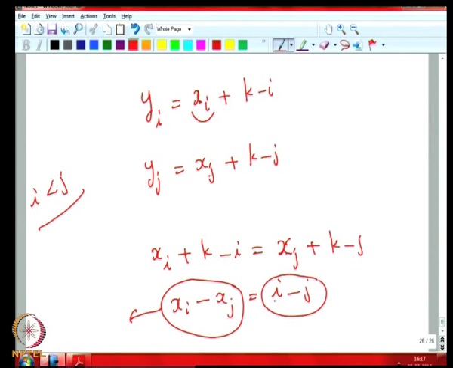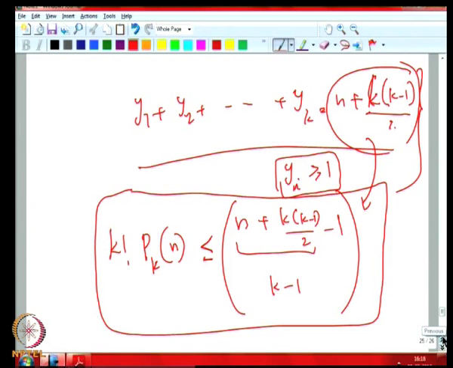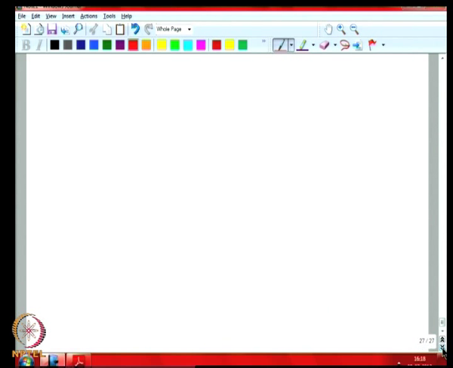Now, positive or 0 does not matter, but this is strictly a negative number. So, therefore, this is wrong, contradiction here. So, therefore, yi and yj can never be equal, they are distinct. So, from this, whatever we are trying to prove follows, right. So, what we have got now is pk of n is less than or equal to